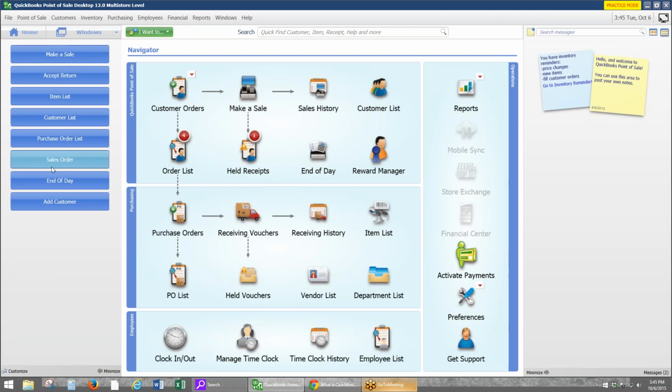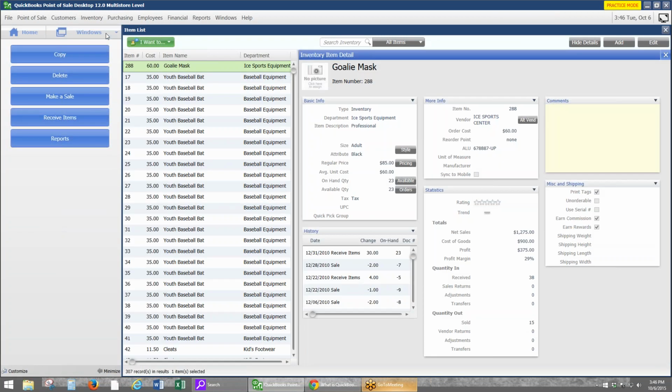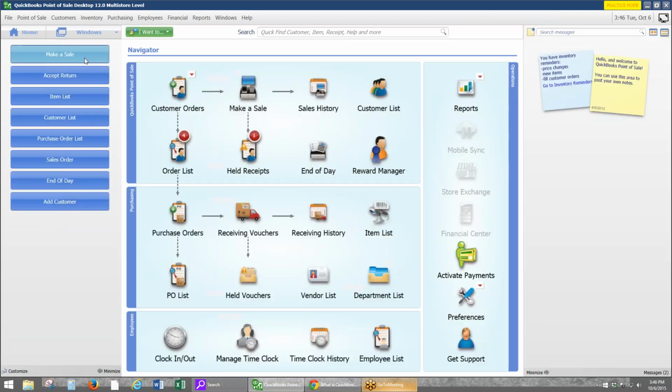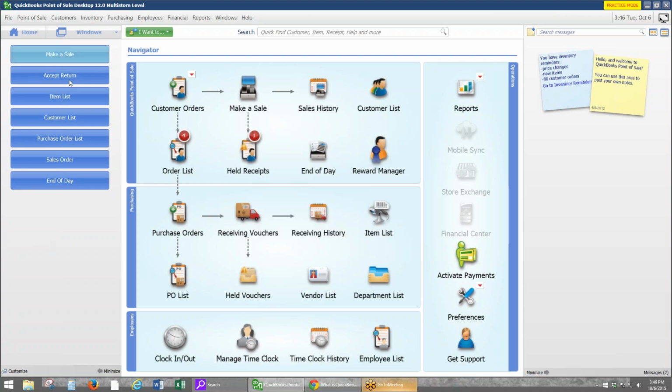Okay, so that's about the end of it. I wanted to show you one more thing. These buttons are customizable. I purposely created these buttons before we started. I wanted to show you all these features right here. I also want to show you this too. You can toggle between the different windows you may open up all throughout the day. I always like to go back to home. But let's say, who cares about add a customer? If you right click and hit customize, I can take that button out